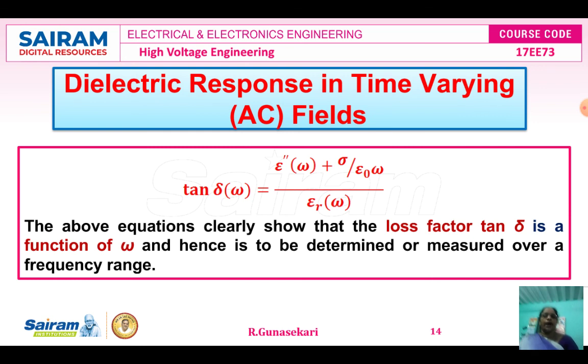Finally, tan delta of omega is equal to (epsilon'' of omega plus sigma divided by omega) divided by epsilon' of omega. This equation clearly shows that the loss factor or the dissipation factor tan delta is a function of frequency, that is angular frequency omega, and hence it is to be determined or measured